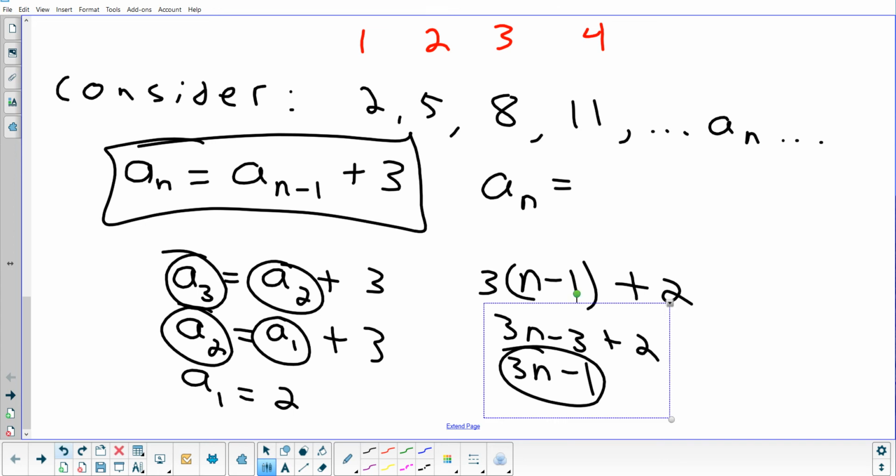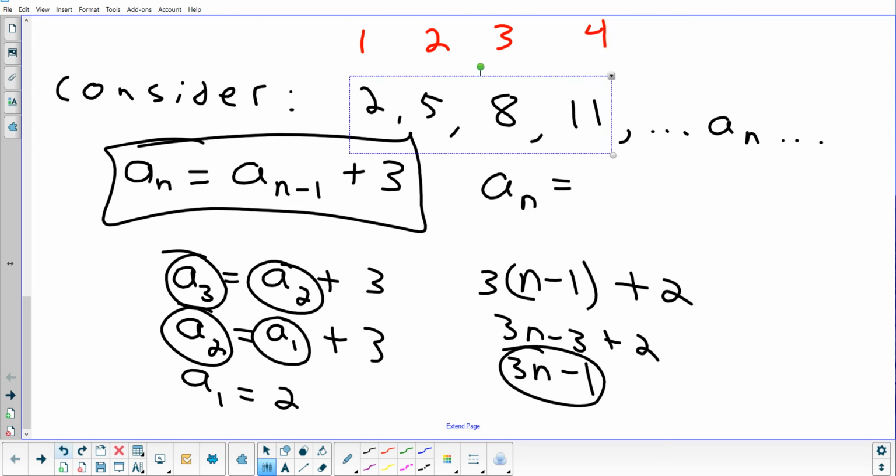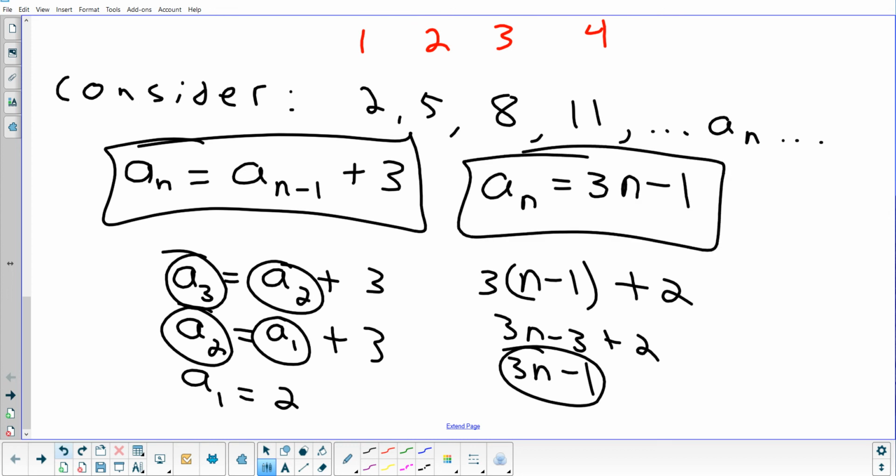If you triple this, you get 6, and minus 1, you get 5. If you triple that, you get 9, minus 1 is 8. If you triple 4, you get 12, minus 1 is 11. So that formula does work. And there's a name for the way you wrote it versus the way I wrote it. I'm going to use the simplified version. But the advantage of this one versus the one on the left is if you want to know the 500th term, all I have to do is 3 times 500 minus 1. It's 1,499. Done.